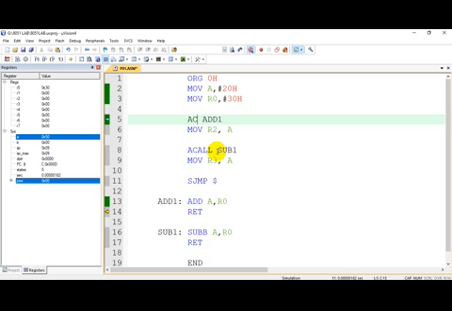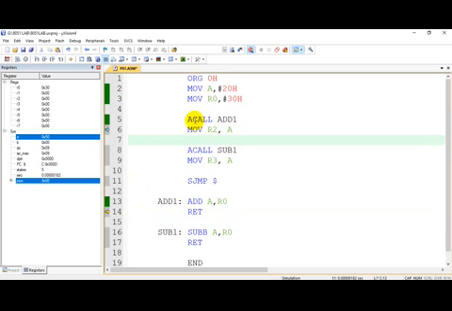But here it will make a branch, and as I said, the last instruction in the subroutine is always the return instruction. After executing the subroutine instructions, when a return instruction is executed, the control is transferred again, so it will go back to the main function where it had left.